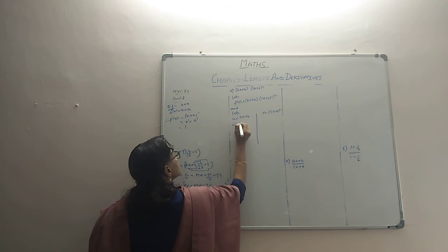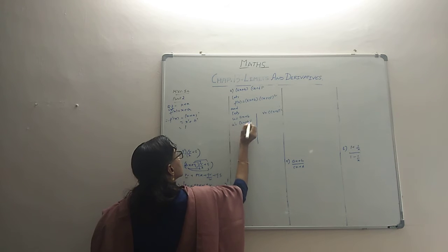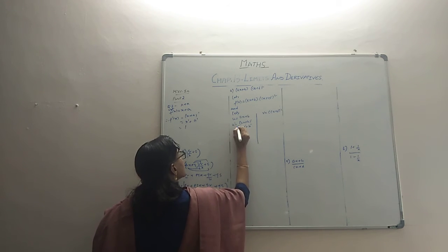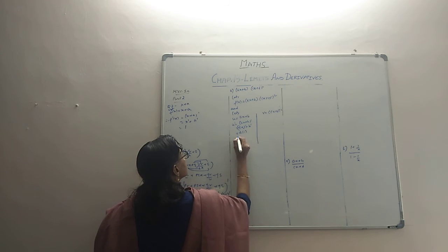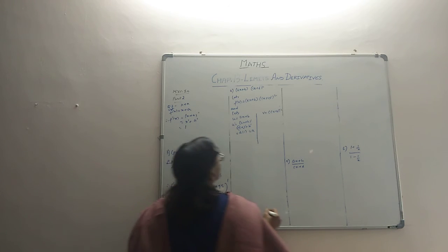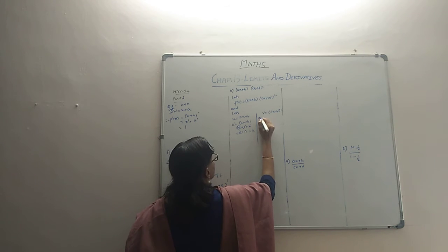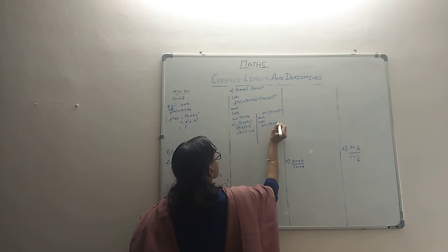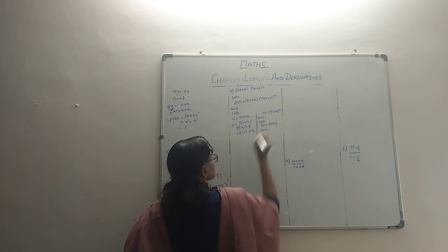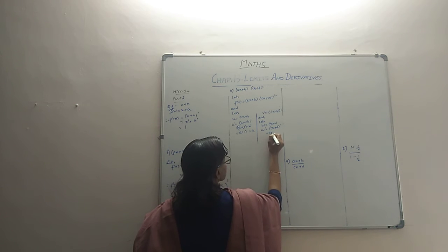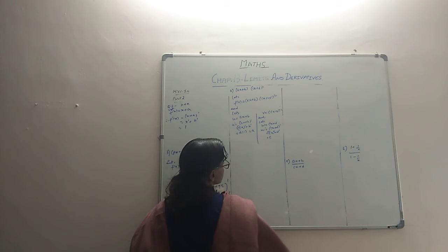So derivative of u is derivative of ax plus b, which is derivative of ax, derivative of b. A will jump out. Derivative of x is 1, b doesn't have a derivative, answer is a. U dash is clear. Now for v, it's a square, so we will have to get one more sub-derivative. Let w be cx plus d. Then what is w dash with respect to x? It is cx plus d's derivative, that is cx derivative and d derivative. C will jump out, x derivative is 1, so overall it is c.